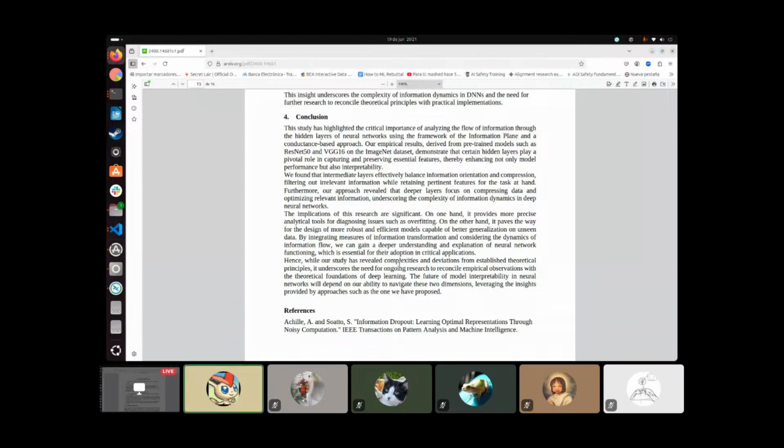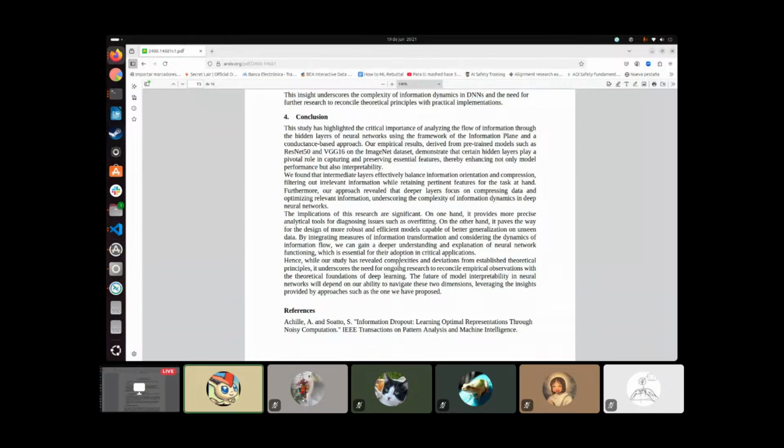Right, I'll read the conclusion. Someone is writing, but yeah, I'll read the conclusion while you write, and if you want to check something, we can do that after. This study has highlighted the critical importance of analyzing the flow of information through the hidden